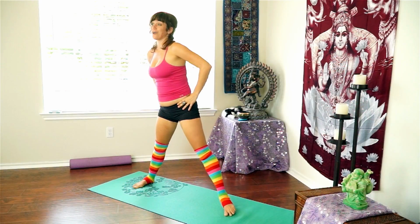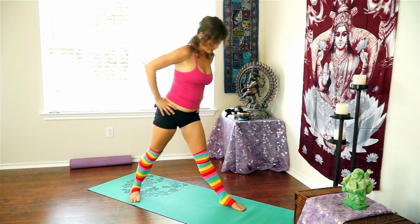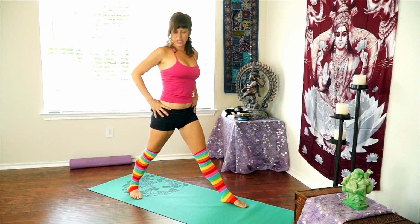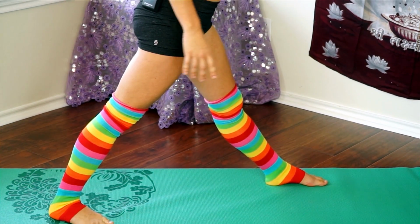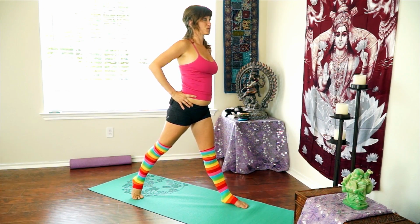Nice work. All right. Now we're going to turn to face the left leg. So you have to do a little adjusting in your feet. Turn your left toes towards the front and your right heel will reach towards the back. So now both of your hips are facing towards your left leg. Go ahead and lift your right heel off of the floor